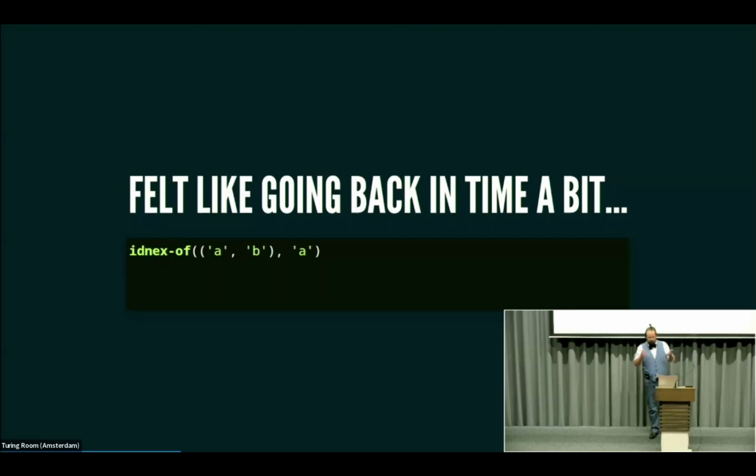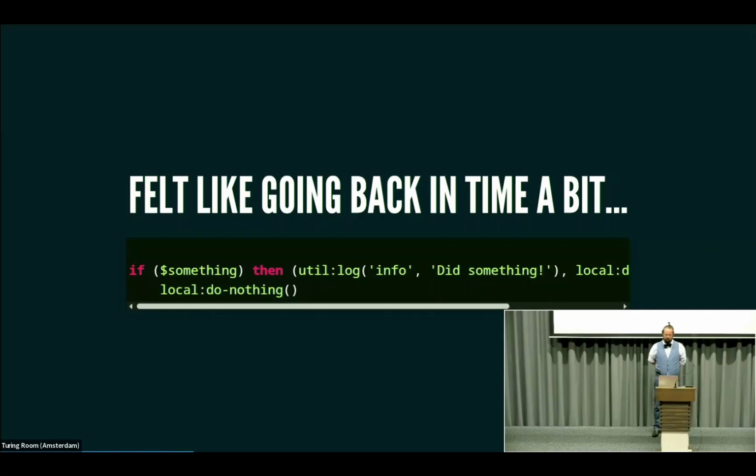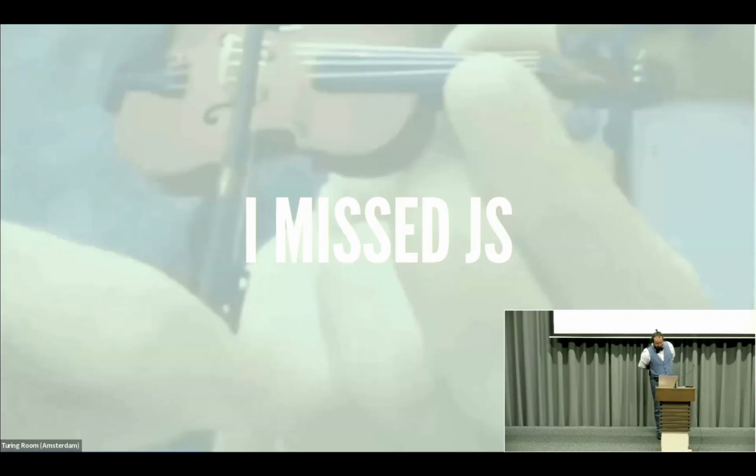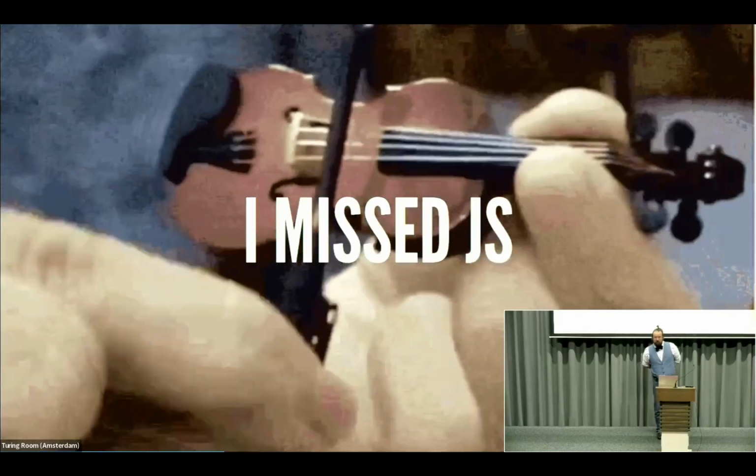So my fat fingers would screw me over. And to do debugging, I would need to use the trace function or util-info or util-log and those kinds of things. So it felt like going back to when I was doing JavaScript. Furthermore, when I would do something like these kinds of files, good luck trying to read it. I miss my JavaScript.